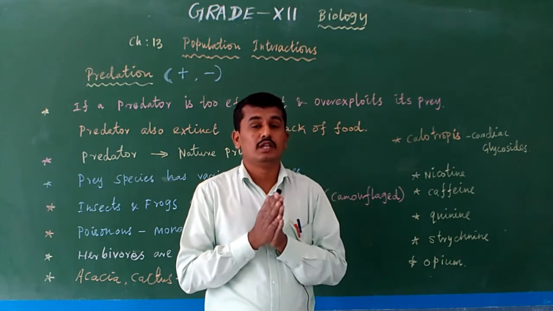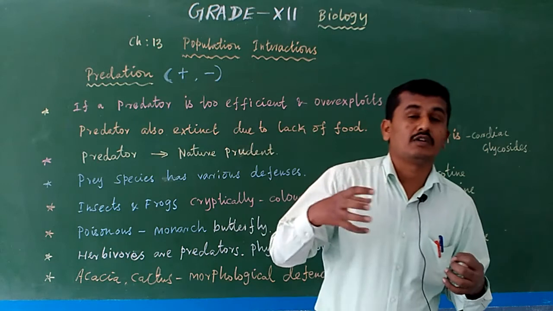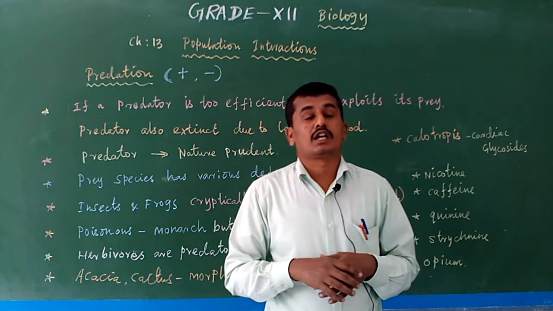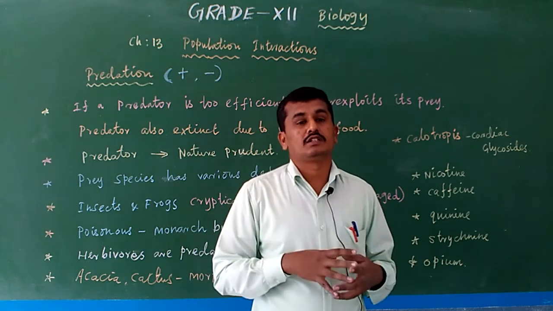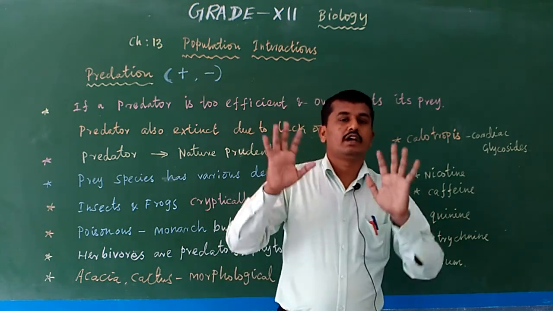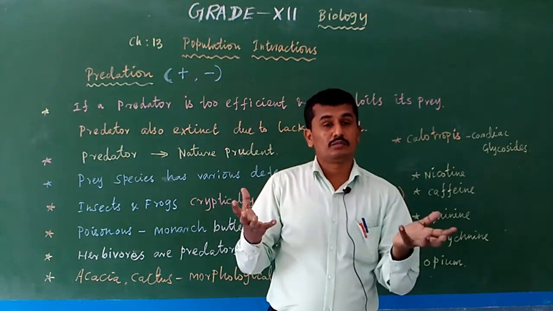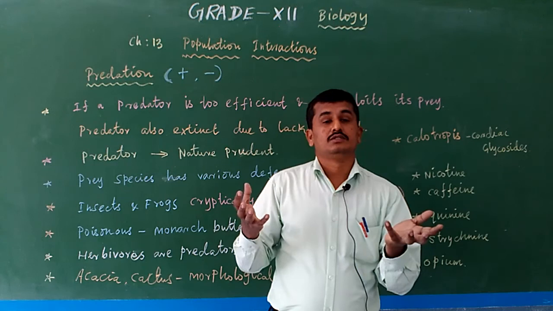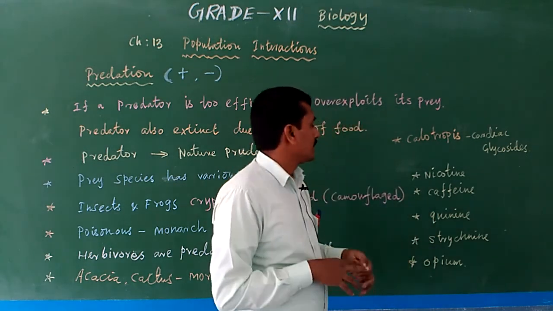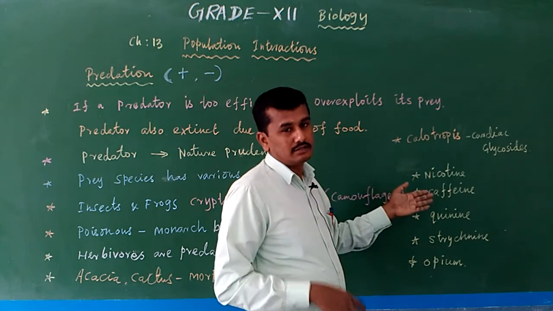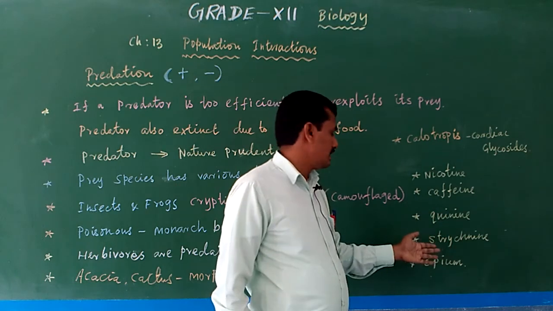No, it is not possible. It is an animal also. No, there is actually a Calotropis plant. It contains Calotropis glycosides, cardiac glycosides. If eaten, a heart problem may occur. So animals avoid that particular plant. So the plant also shows some modification to escape from the predator. Then some plants produce nicotine, caffeine and quinine,